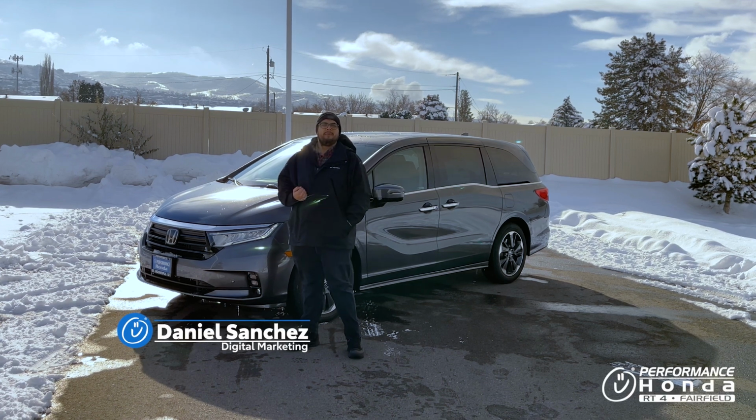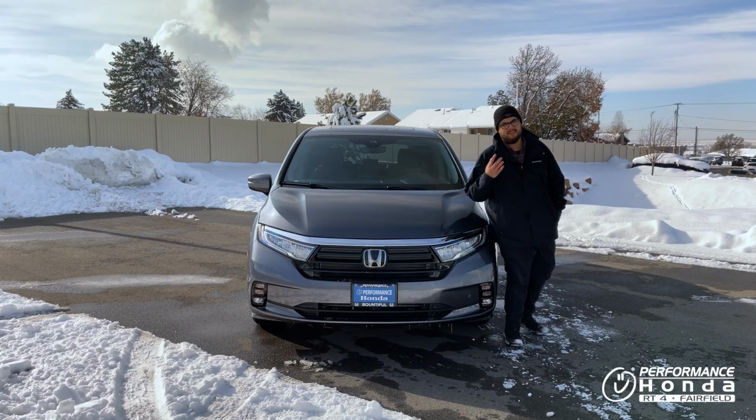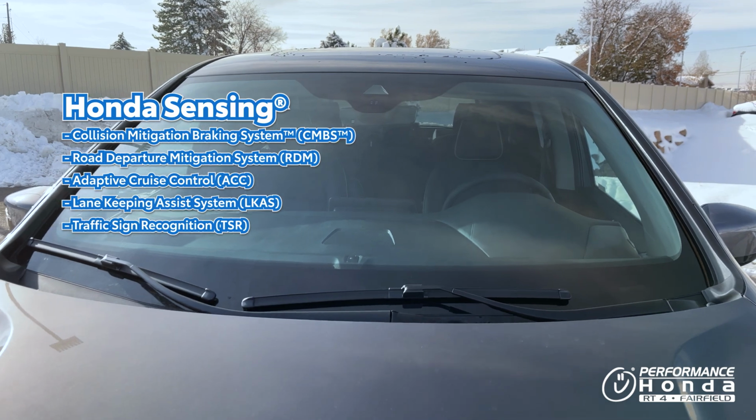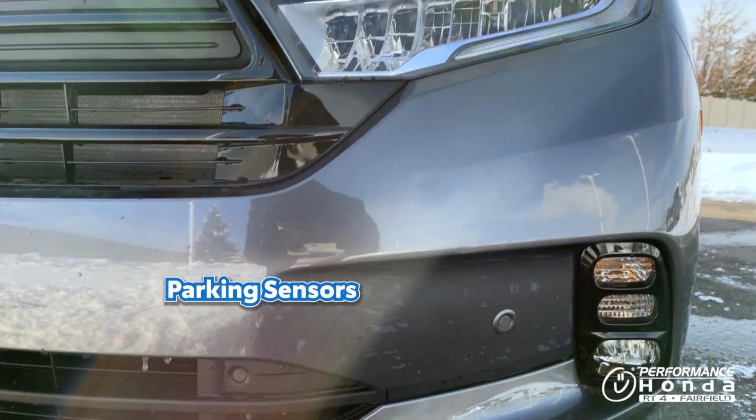My name is Daniel here at Performance Honda, and today I'm bringing you the 2023 Honda Odyssey Elite. Starting up front on the Elite, it does come standard with the rain sensing windshield wipers as well as Honda Sensing. Moving down below to the headlights, these are full LED headlights, and you also get parking sensors and LED